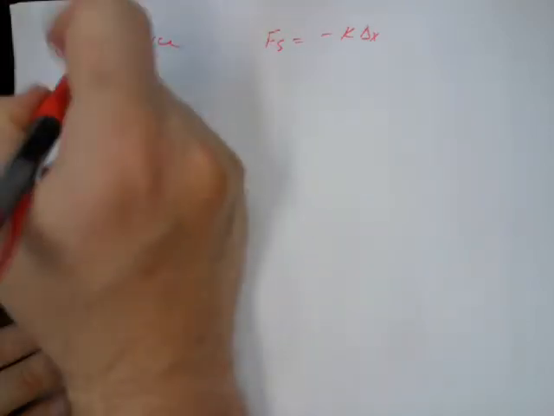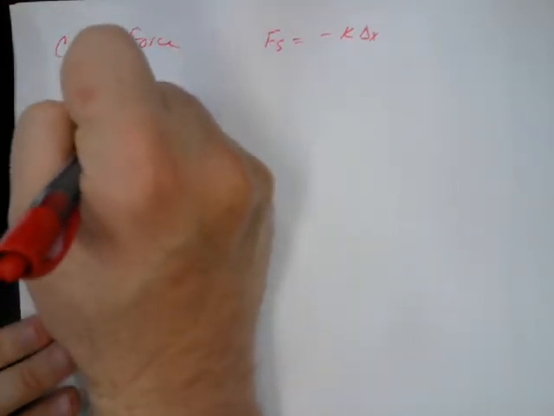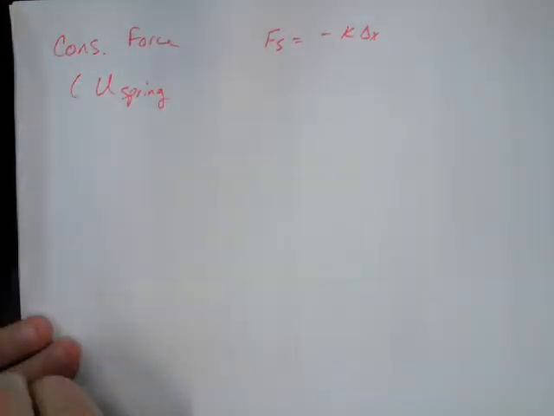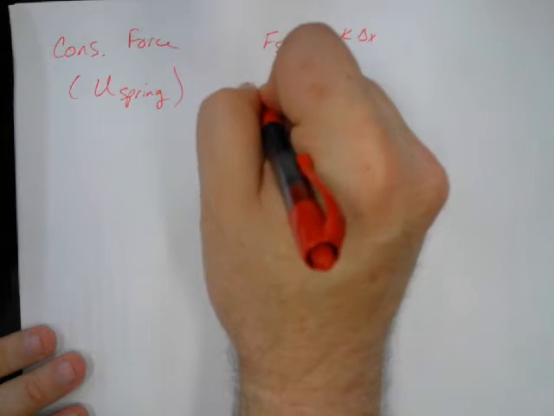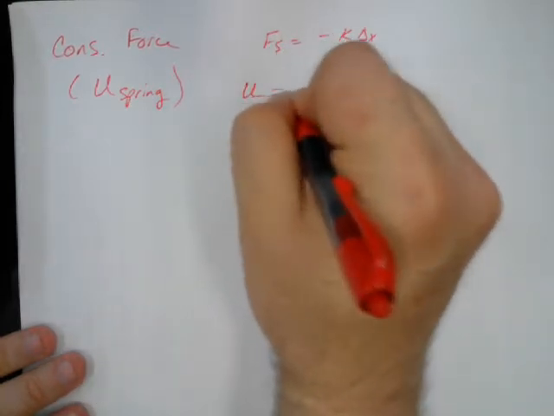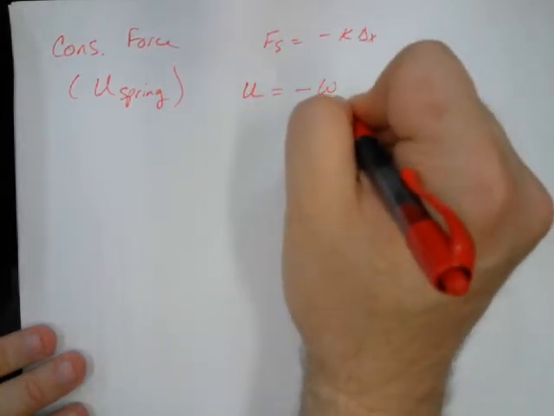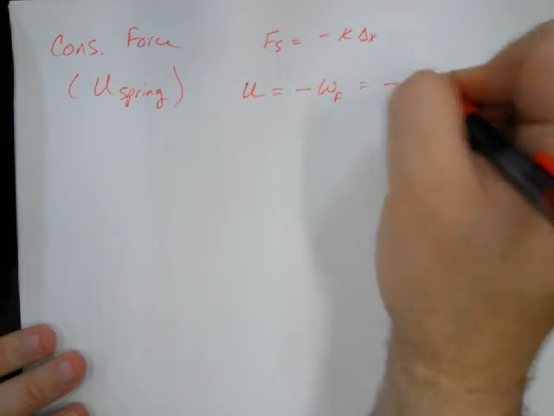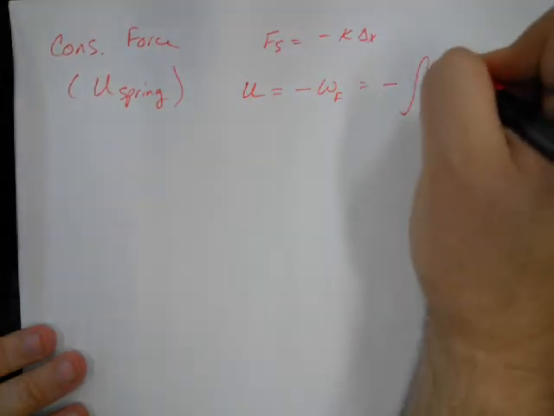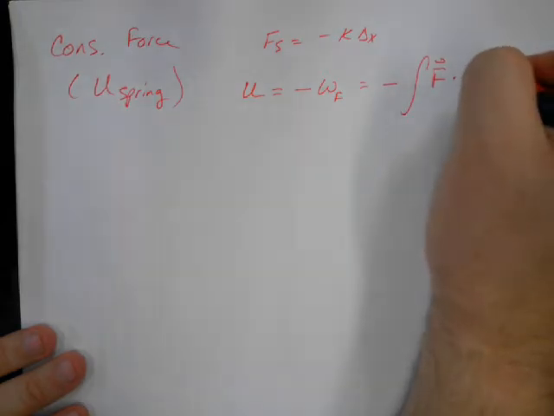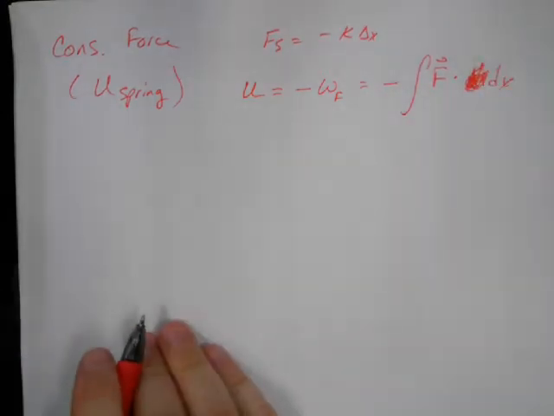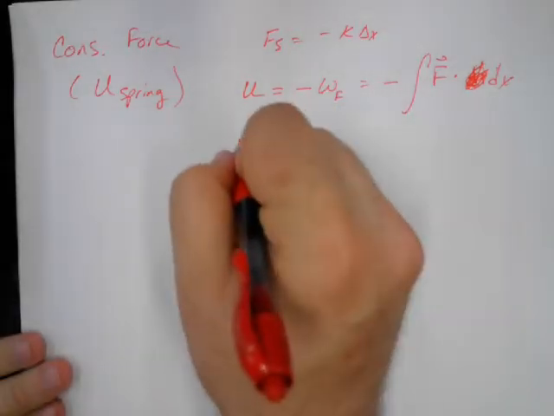Which means we can write a potential energy, U for a spring. So the way we would do that is to say that potential energies look like minus the work done by the force, which is minus the integral of F dot delta x. Actually, in this case, it's dx. So the way this will look is U for a spring,